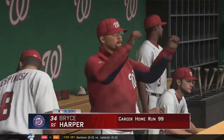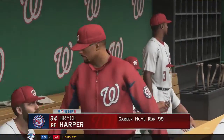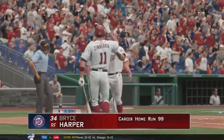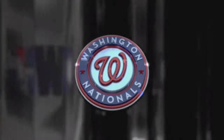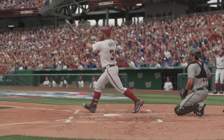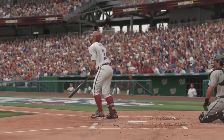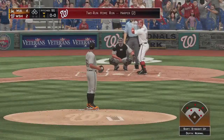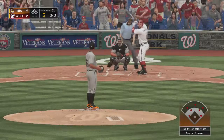So that long ball has taken him one away from the century mark in home runs for his career. Not a major milestone, but a pretty impressive number nonetheless. Yeah, good for him. He's really shown some solid power so far in his career, and he's about to reach a milestone that quite a few major league hitters never reach. Well, I've got to say, some days at this place, the ball just seems to jump a little better than others. We've seen quite a